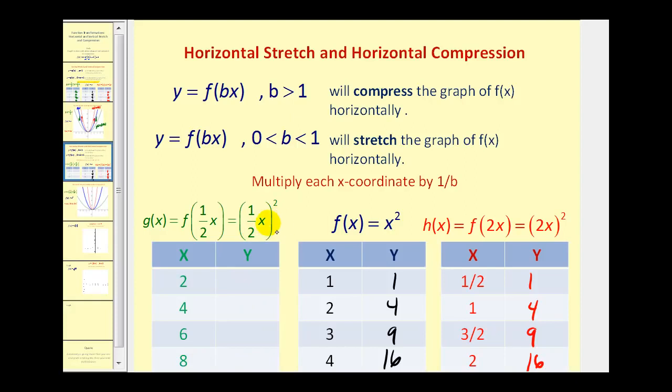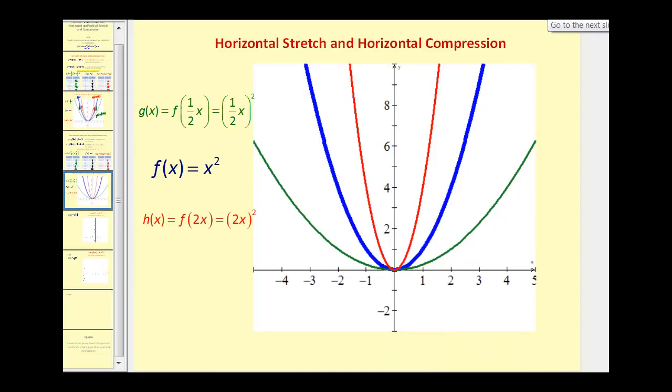Let's take a look at the first couple. If x is equal to 2, 1/2 times 2 is 1 squared, that'd be 1. 1/2 times 4 would be 2 squared, that'd be 4, 9, 16. And this would be considered a horizontal stretch. If we take a look at these three graphs,